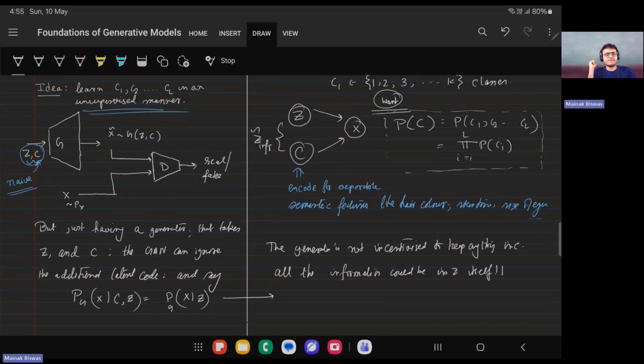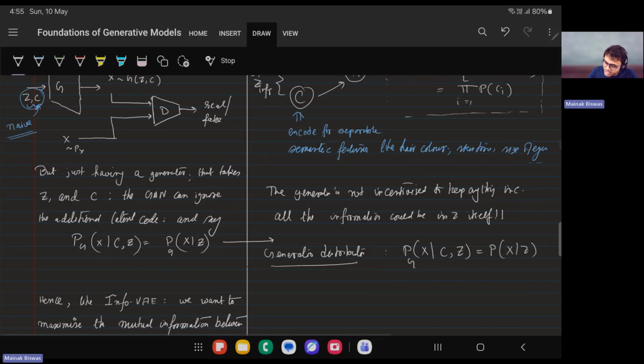So what does your generator do? The generator distribution will learn the probability of X given C and Z. And the generator can just tell me this is equal to the probability of X given Z, completely ignoring